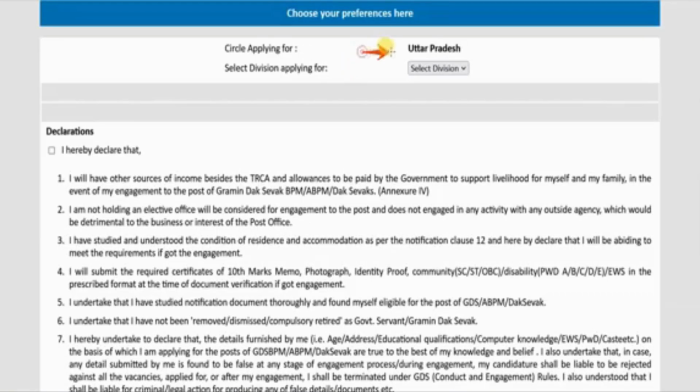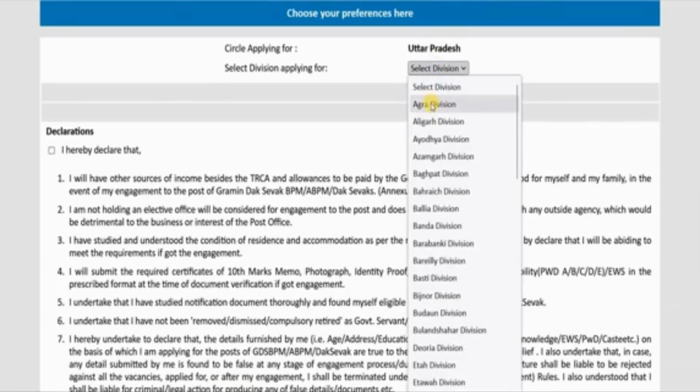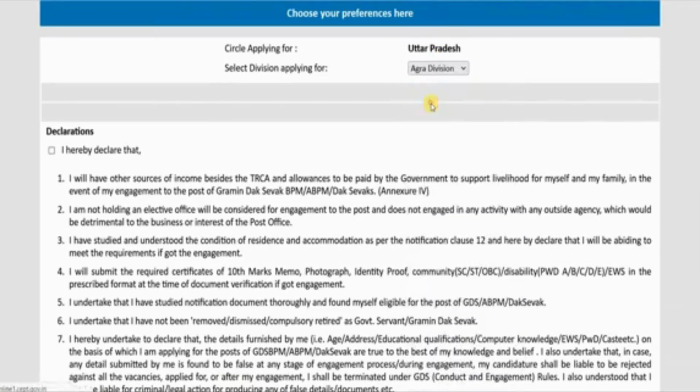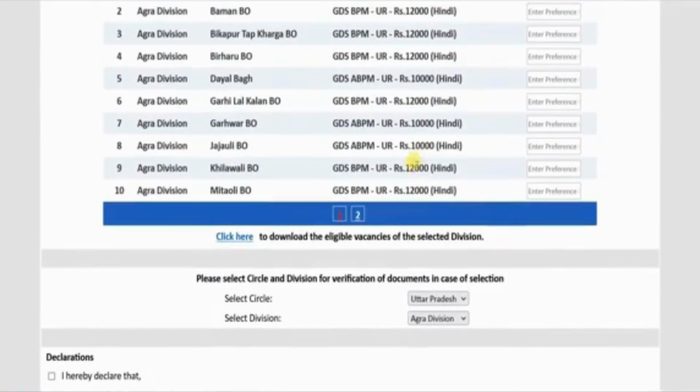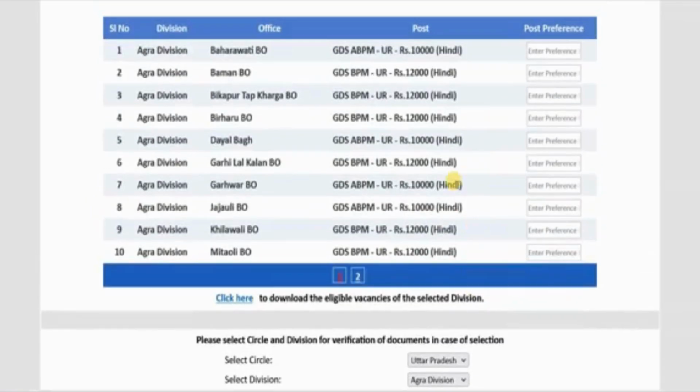As you move forward, it is asking here for whatever reason you have applied for the certificate, you have to apply for the subdivision. Like I applied for UP, then you have to select the district, then I will show you in the starting, as you can see that I will apply for Agra. As soon as you apply for Agra, you can see the general seat here. As I have applied in the general, all the general seats have come.